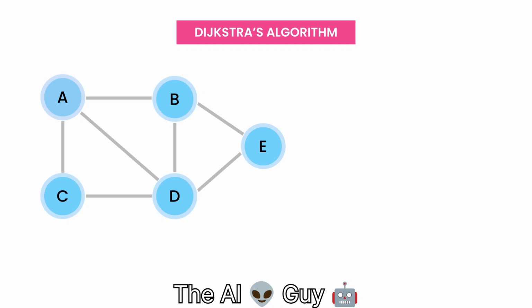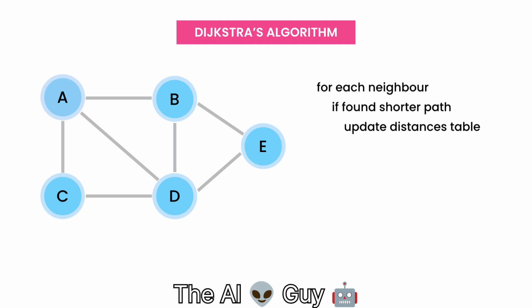We talked about priority queues in the first part of this course. In a priority queue, items move to the front of the queue based on the priority. So as we're examining each neighbor, if we find a shorter path to a neighbor, we update our distances table and push a new item into our priority queue. So the priority of this item is going to be equal to the new distance we have calculated. So if a neighbor is closer to the starting node, it will be moved to the beginning of the queue,